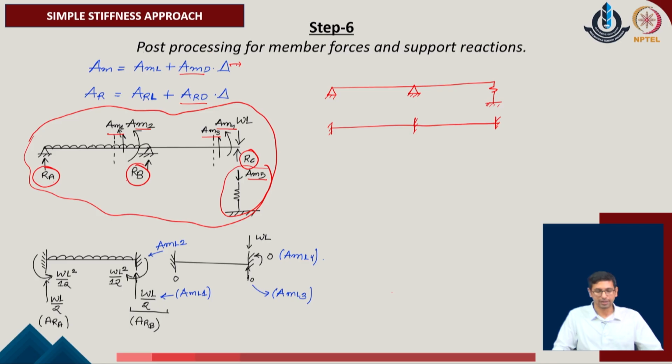Now, one by one we release all the degrees of freedom of the given system, which includes theta at the point A, theta at the point B, theta at the point C, and delta at the point C of the given problem. So, once we release theta at the point A, corresponding to that we can evaluate what are the system forces which are appearing at these 2 points of the given system, and they will become the values of R of A and R of B contributions with respect to theta A of the given system.